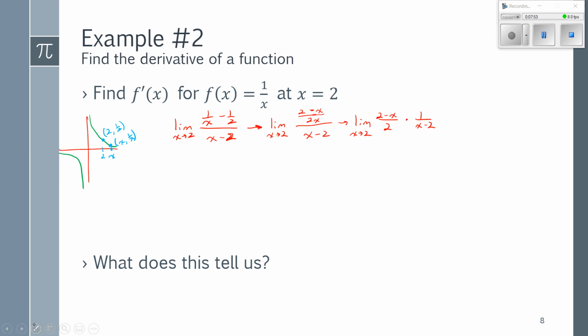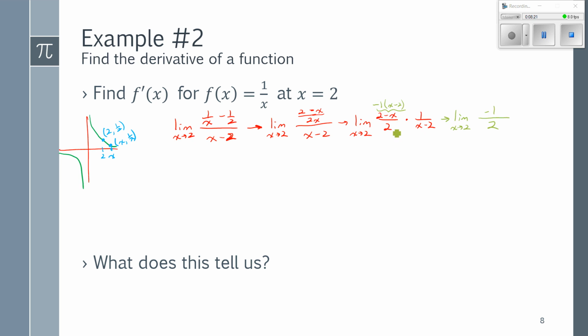However, I could factor this to be -1 times x minus 2, which means I now can cancel the x minus 2's, and I'm left with the limit as x approaches 2 of -1 over 2. And now when I simplify that,